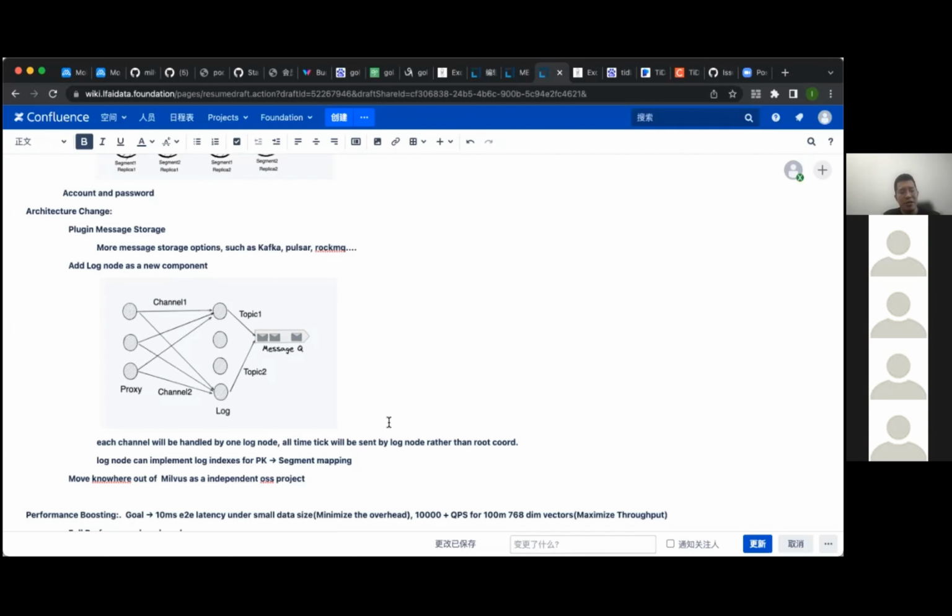Each channel, or each topic, will only be handled by one log node. So if a proxy writes to those channels, it just talks to the log node and uses the log node to send the data into the topic. Then the log node will be the single point for those topics,